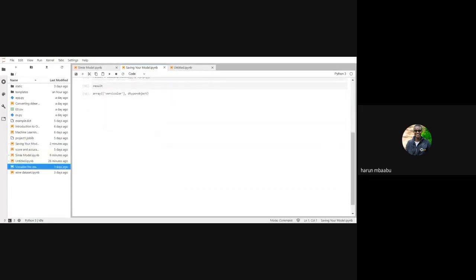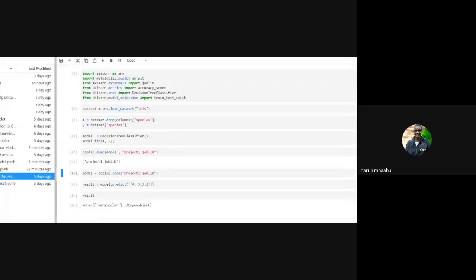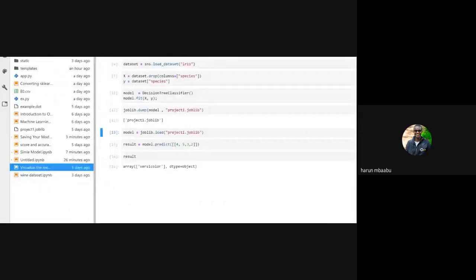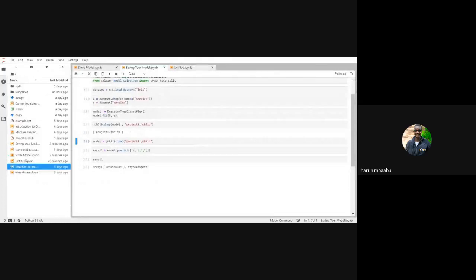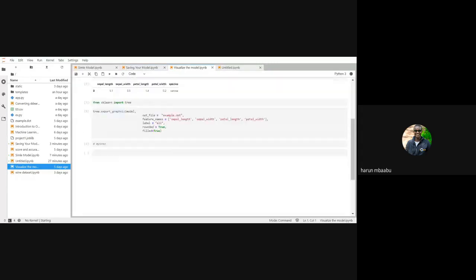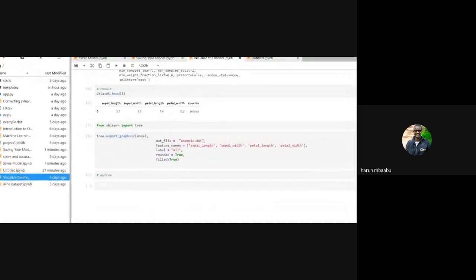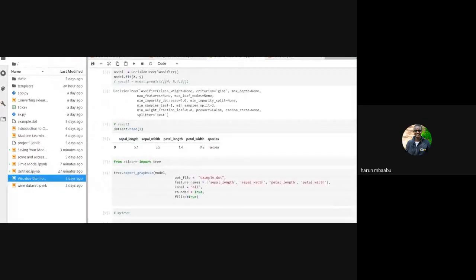Okay, let's look at the last thing that I wanted to look at today, and we can call it a day. The other thing I wanted is how to visualize our machine learning model. And I don't know if I still have the file. Yeah, the file is here. There is another package that I wanted to look at that comes with sklearn, but it is available in the tree module